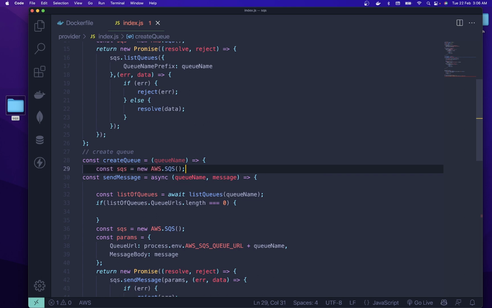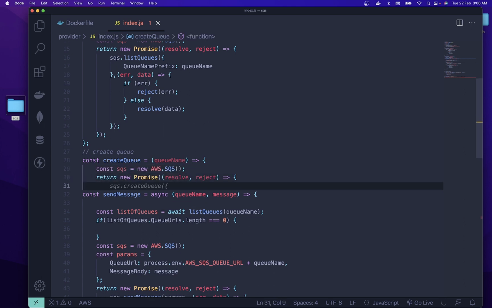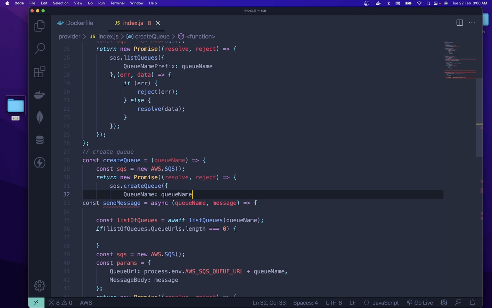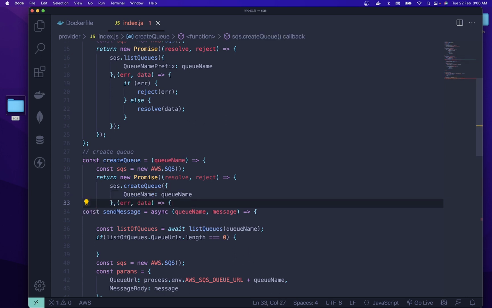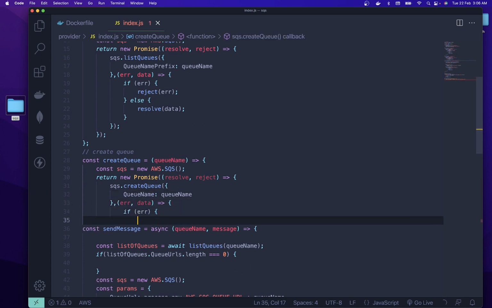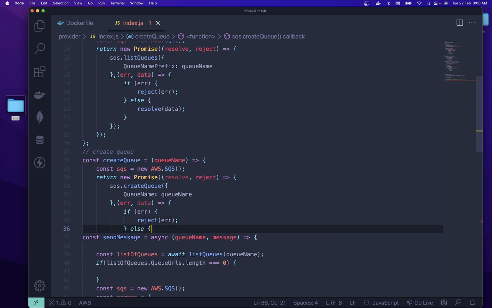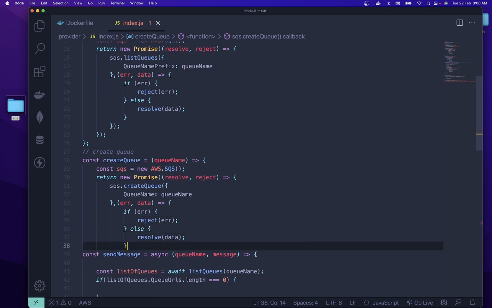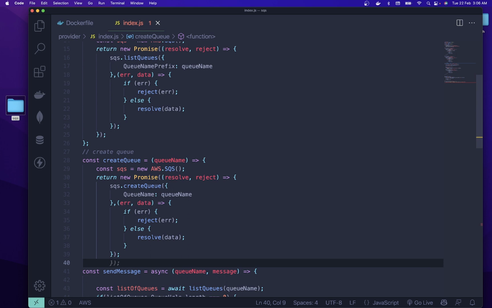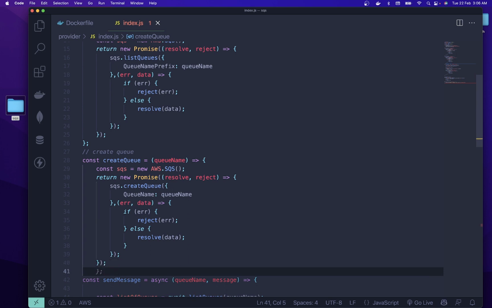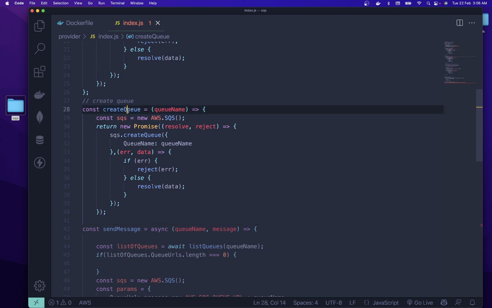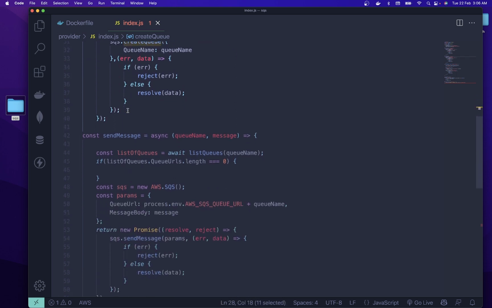You can provide the queue name. Once again, you can avoid the redundant code as well, it's all up to you. Create queue is also easy. You need to provide the create queue format, and here we'll pass the name of the queue. Let me grab this thing over here,